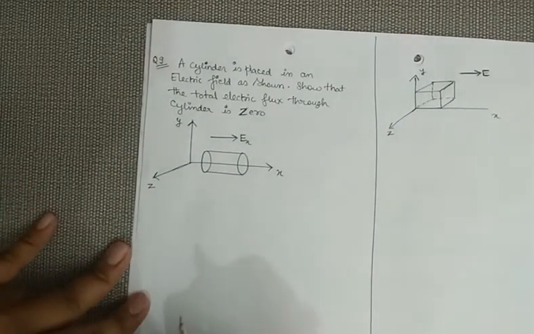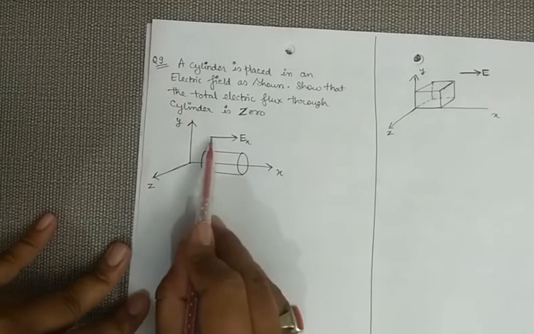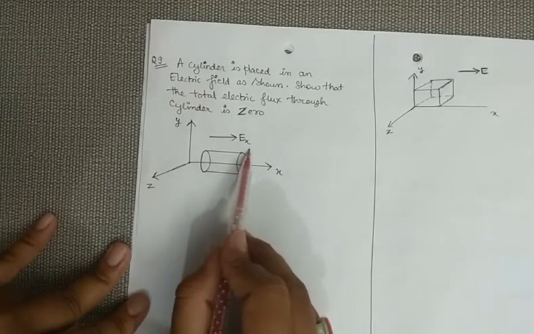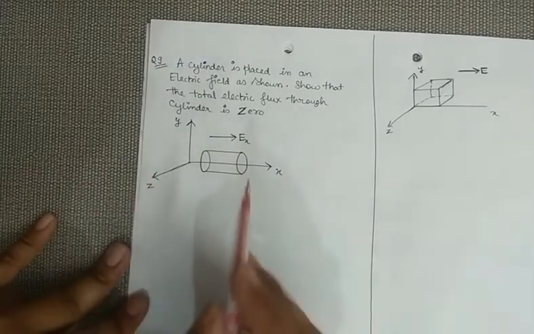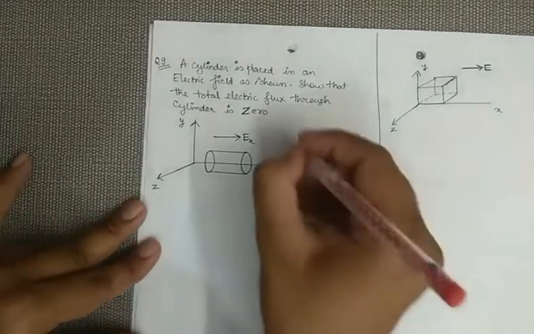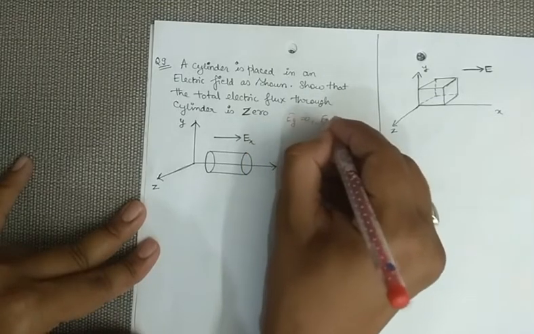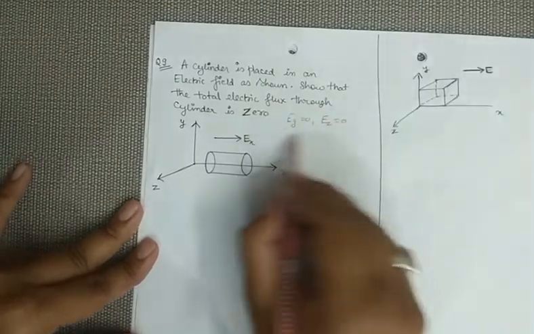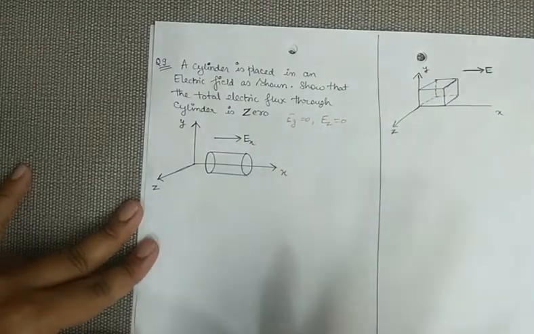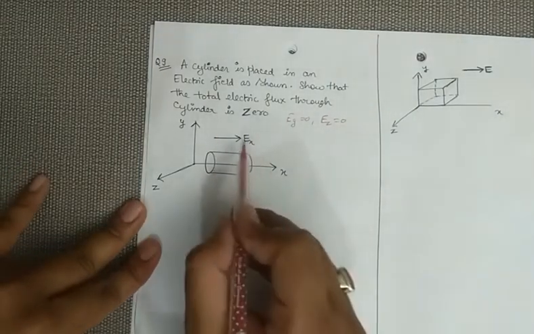Now look carefully at the direction of the electric field. This electric field is traveling in the x direction only. There is no y direction and no z direction electric field, only x direction. So sometimes they also give it like E y equals 0 and E z equals 0. No need to get confused. They are just showing that the electric field is 0 in the y and z directions. So we have to take only x.